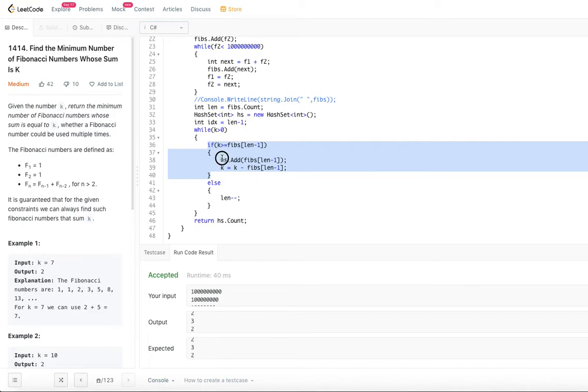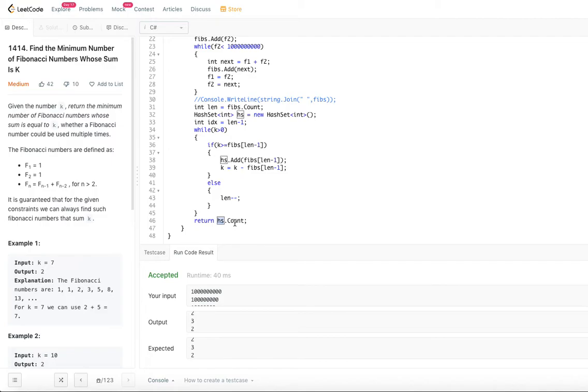Finally, since we are keeping track of the elements that we are subtracting in a hash set, we will have only the unique elements. You would finally give the count of the unique elements from the hash set. That will be the answer for this problem, the minimum number of Fibonacci numbers whose sum is k.